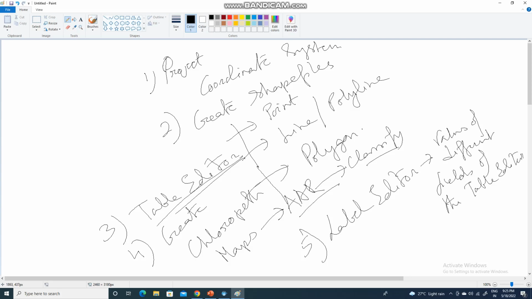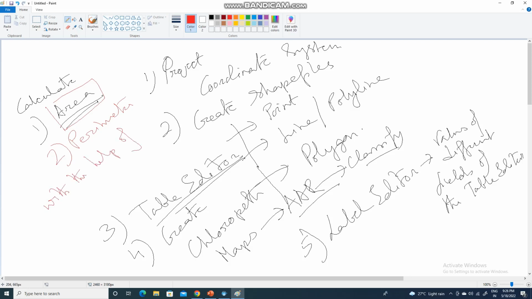Now today, what we will do is try to learn how to calculate area and perimeter after we digitize some geographical feature with the help of a line shapefile and a polygon shapefile. Right? So this will be our first objective,